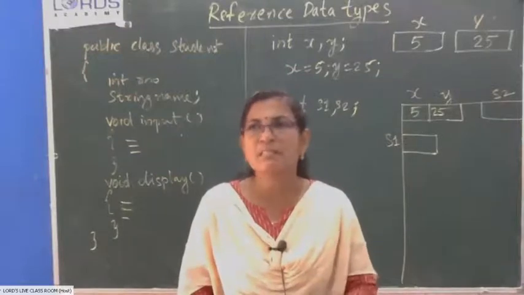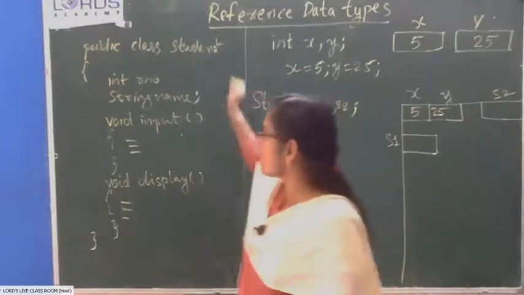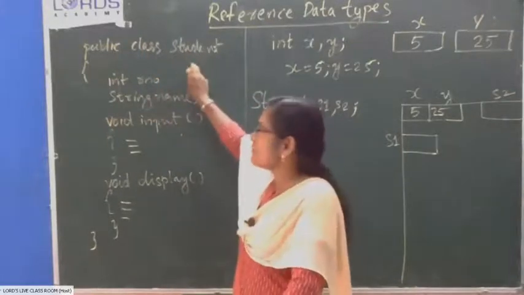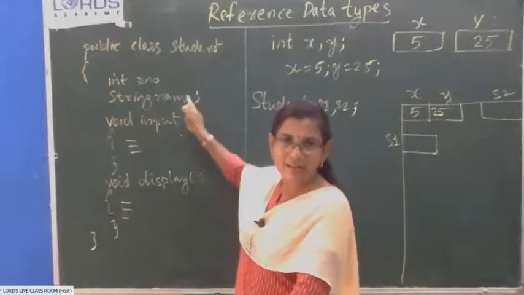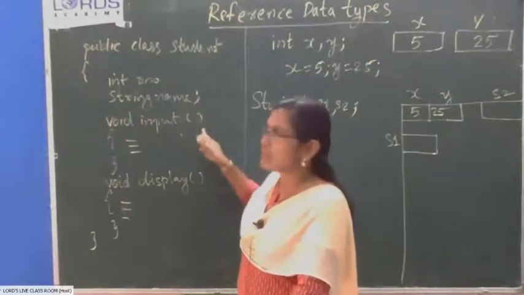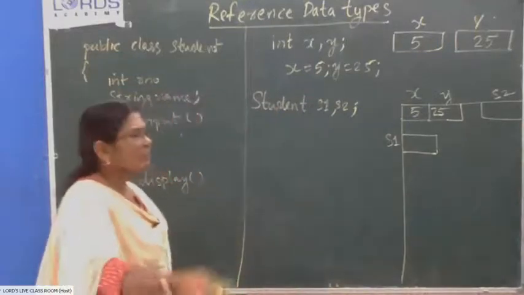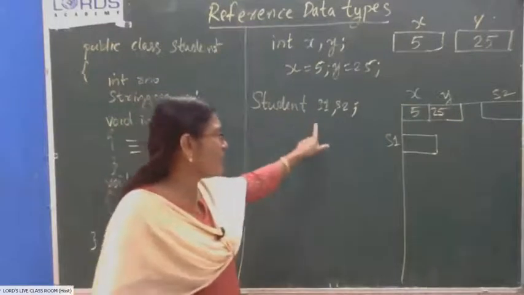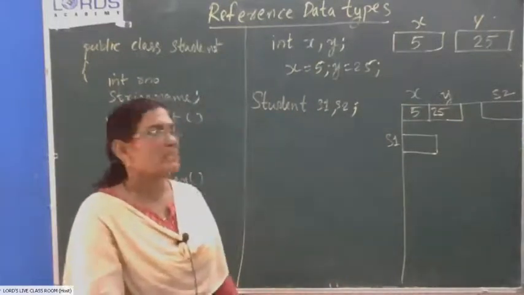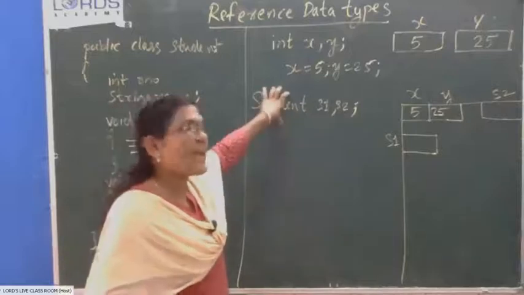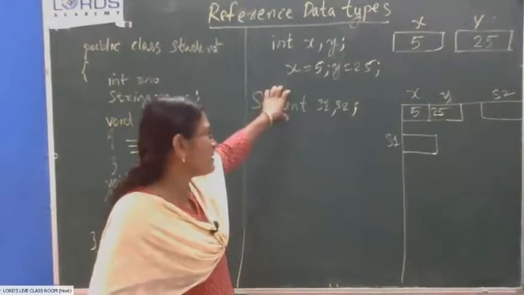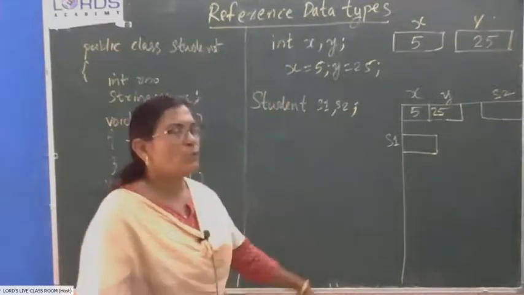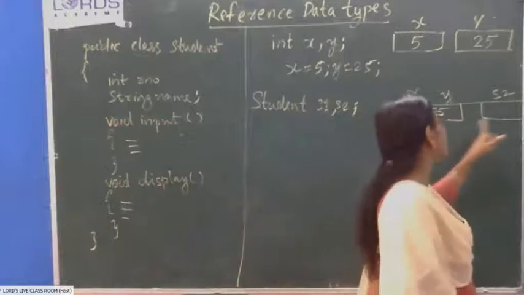So, by using the primitive data type, the user has created his own data type and given a name for it, that is student. So, student is a data type created by the programmer or user. When you declare variables of student type, S1, S2, two variables are declared of student type. This student acts as a data type here. So for S1 and S2, two memory locations will be reserved with the names S1 and S2.